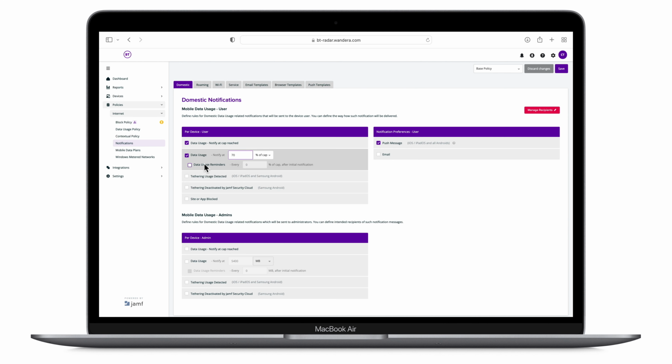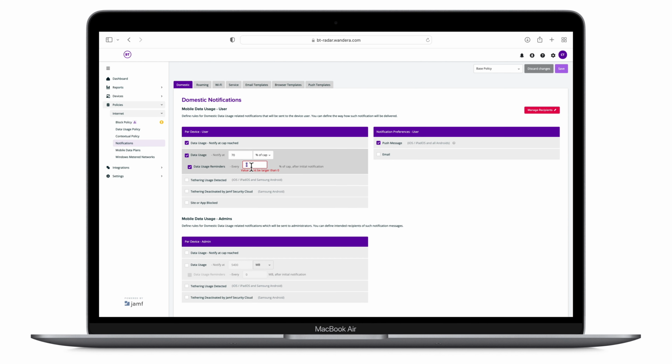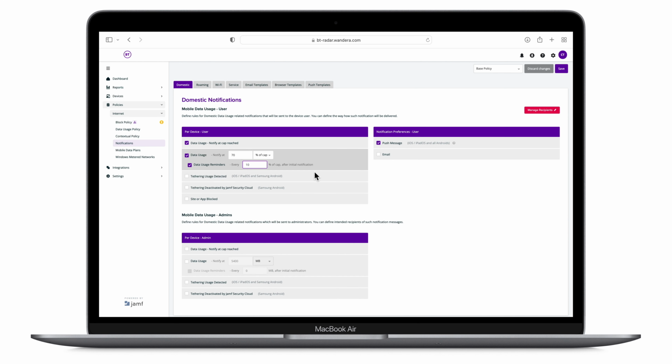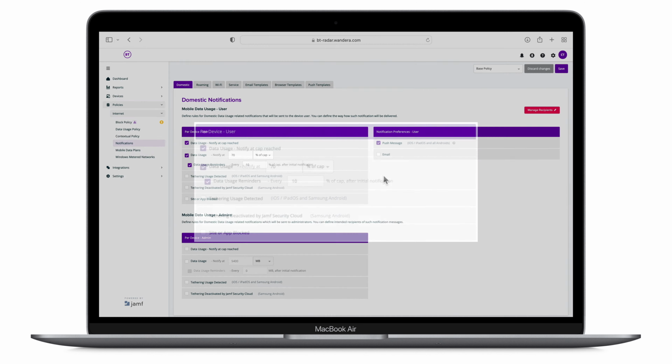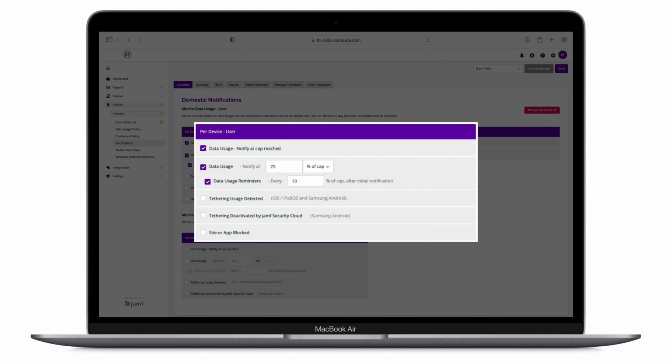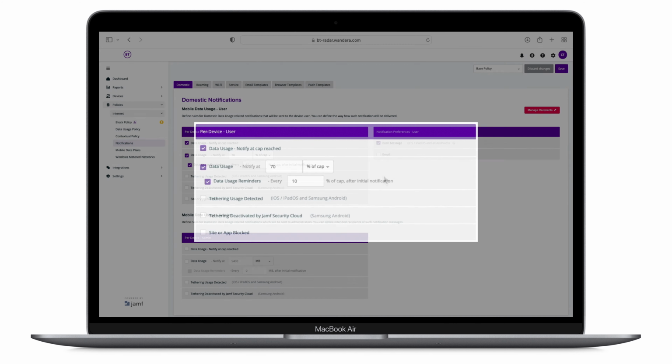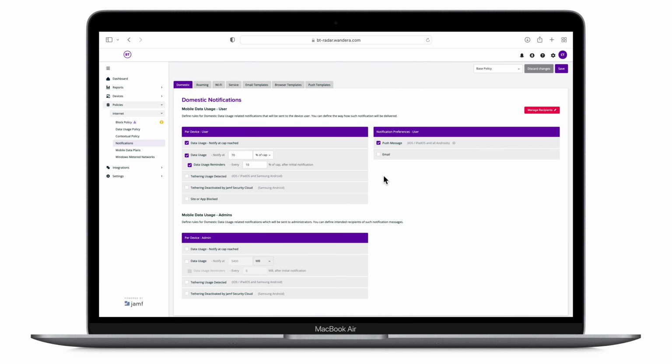Just below data usage, select Data Usage Reminders and replace the 0 with 10. To recap, we just set our user devices to receive a notification when they hit 70, 80, 90, and 100% of their mobile data usage. You can change this usage reminder at any time based on team member feedback.